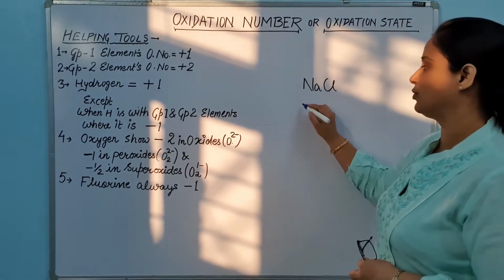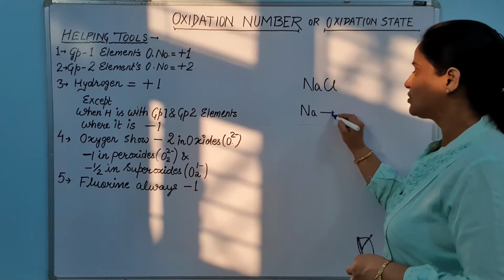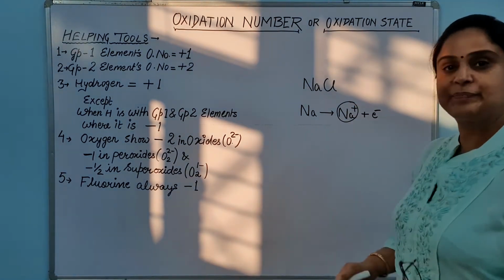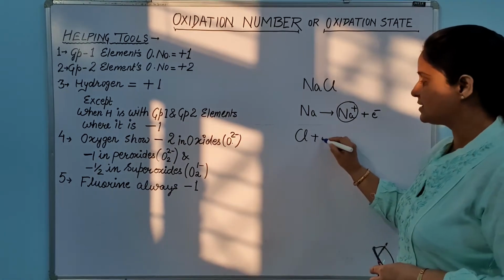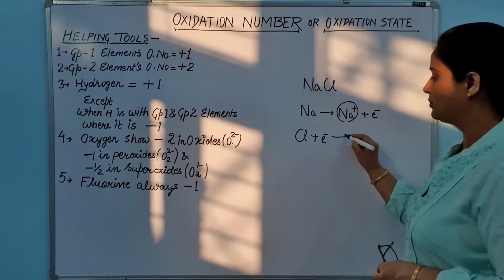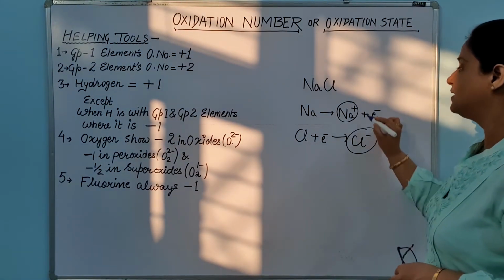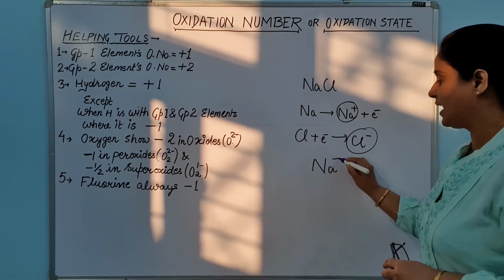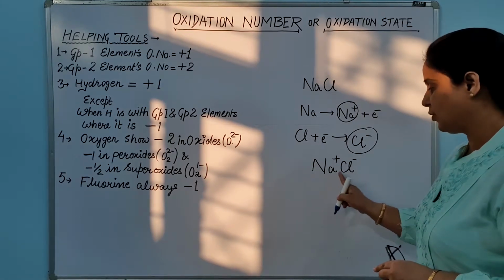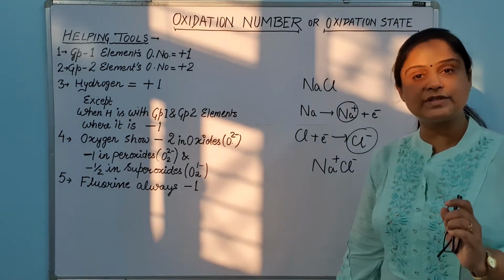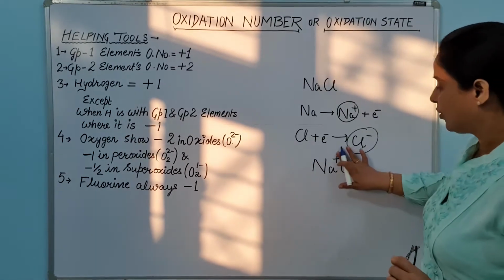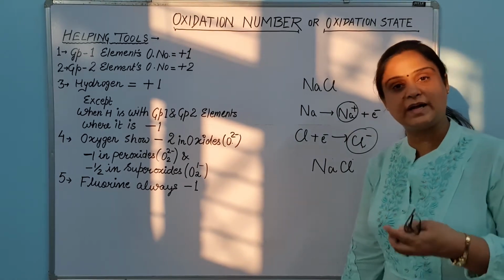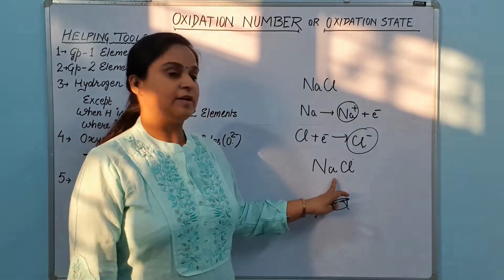This sodium chloride we know is made up when the sodium releases its one electron and becomes sodium ion, and chlorine gains this electron lost by the sodium, becomes Cl minus, and these plus and minus ions remain together to form Na plus and Cl minus. They hold each other because of electrostatic forces of attraction, and obviously because there is one minus and one plus, they nullify the charges produced by each other. That is why this becomes neutral.